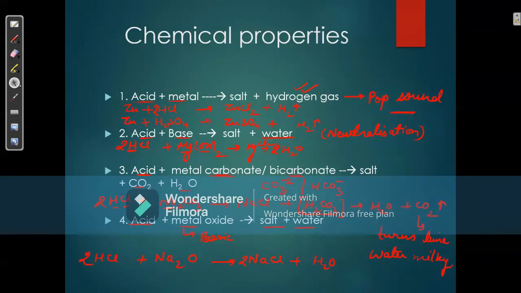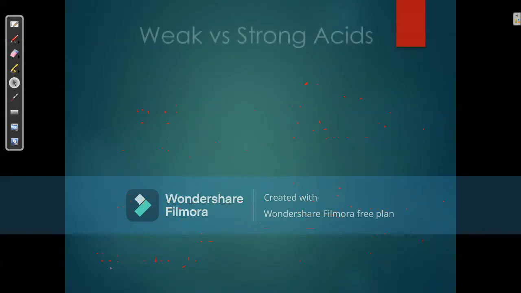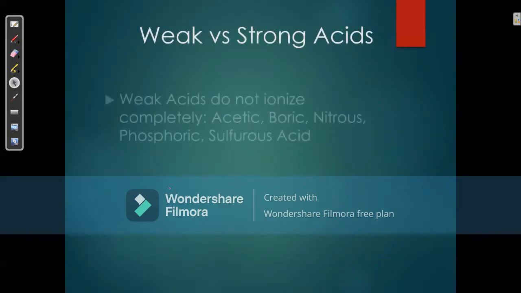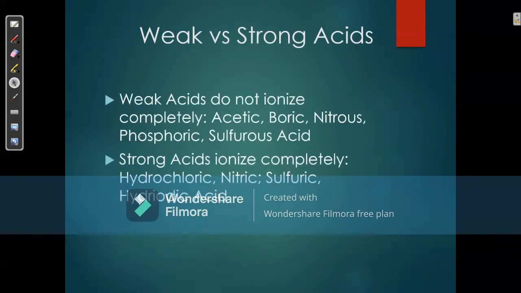Let us move further and we'll talk about the nature of acids in terms of weak and strong acids. So first thing is, what acids are called weak acids? Weak acids are those acids which do not ionize completely. What does it mean? Suppose I'm taking an example of acetic acid, CH3COOH, and say you take 100 molecules of